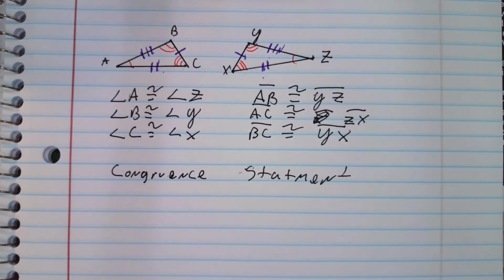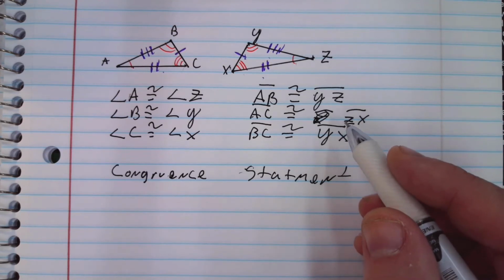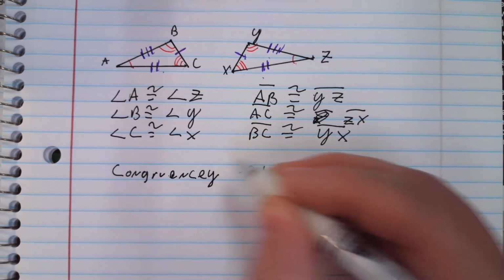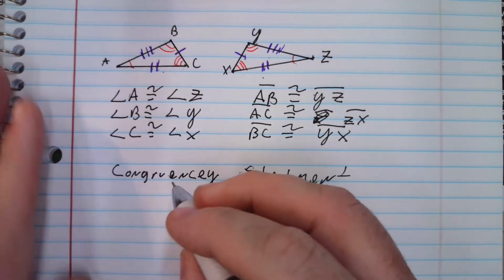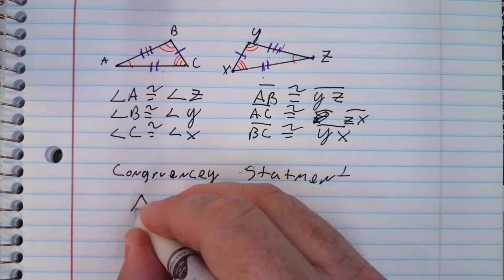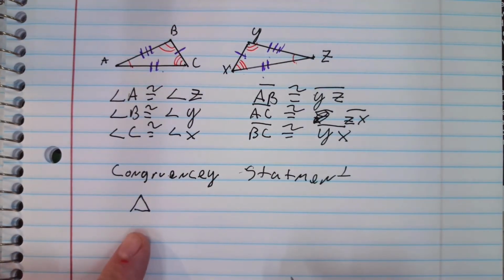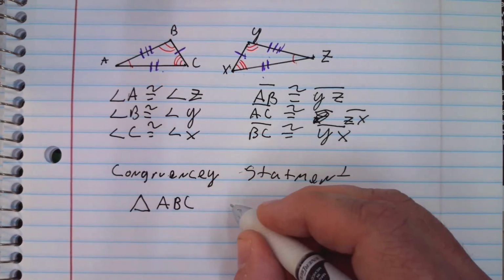I'm going to put the right ending on congruency. Okay. It really is that. All right, congruency statement. All right, so this is how I'm going to do it. I'm going to abbreviate this. I'm going to draw the triangle symbol. This means I'm talking about a triangle. I'm going to say this is triangle ABC. That triangle ABC is